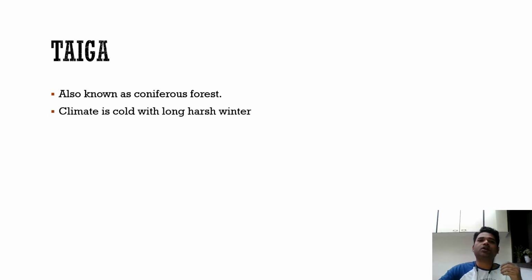Then we come to another type of terrestrial ecosystem known as the taiga ecosystem, also called the coniferous forest. It is also known as the mountain forest. This type of ecosystem is found mostly in the American continent,